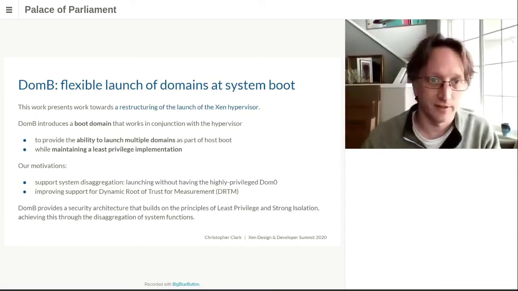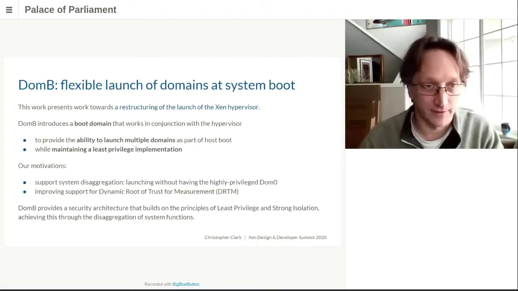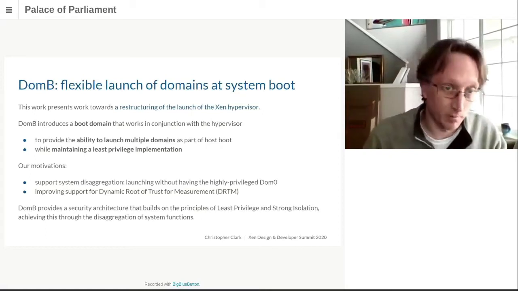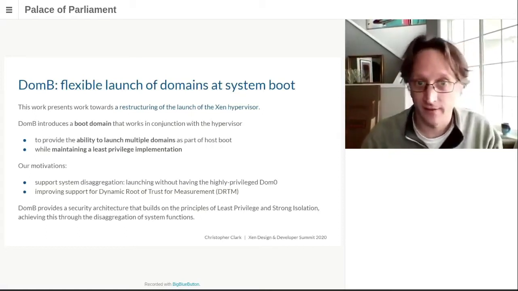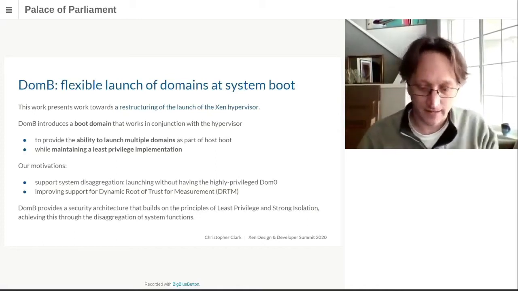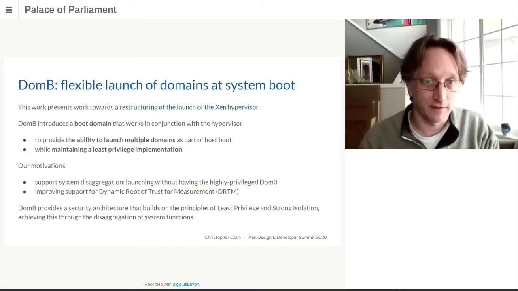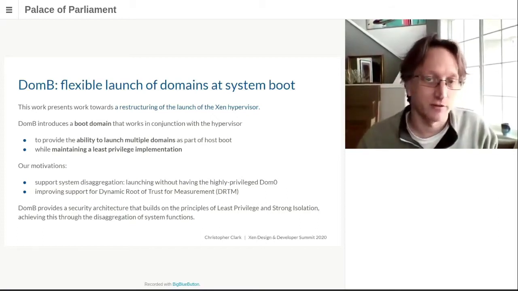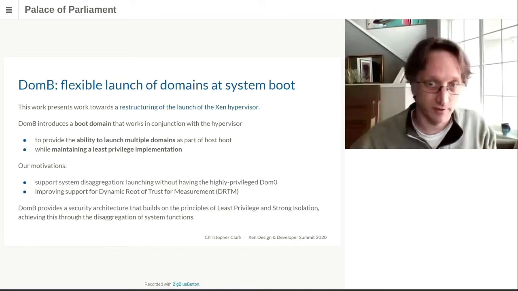And we're proposing to modify this with a proposal to introduce a probably small, short-lived boot domain that then takes on some responsibility for configuring other domains that are also constructed by the hypervisor during system boot,